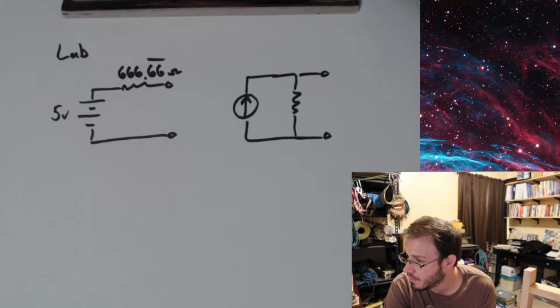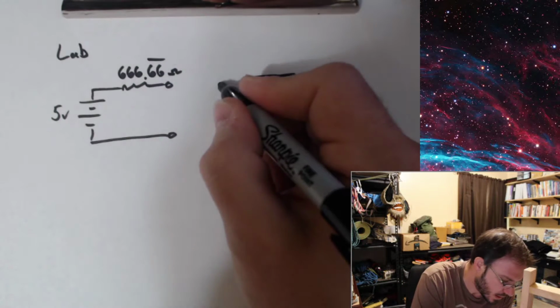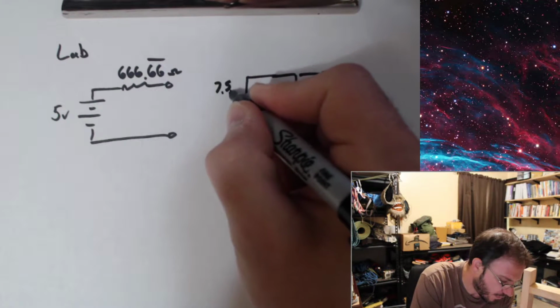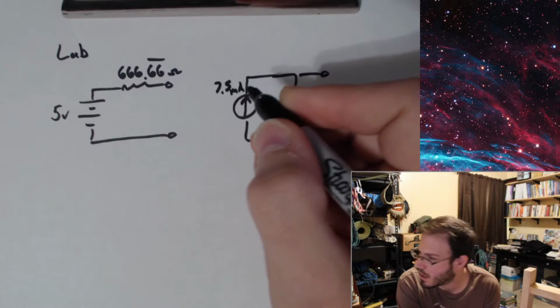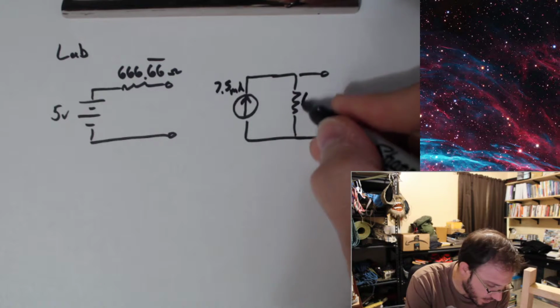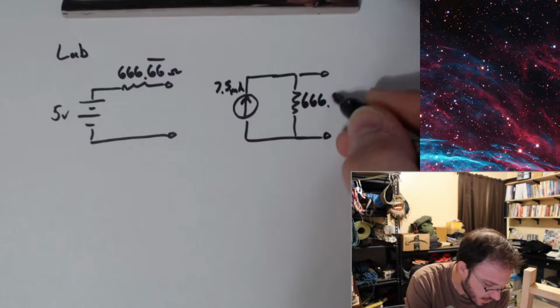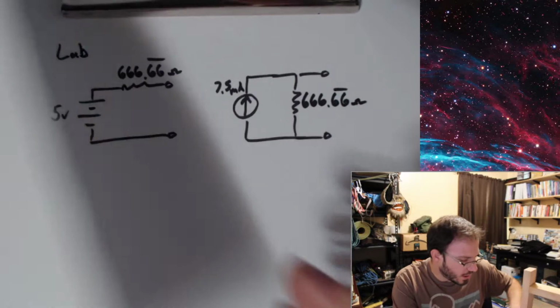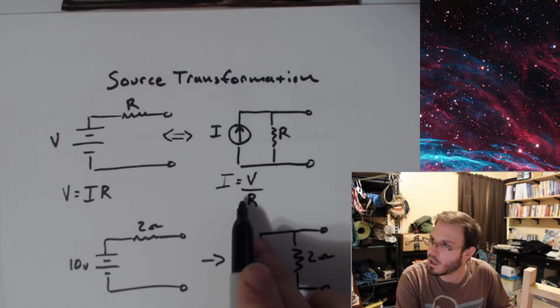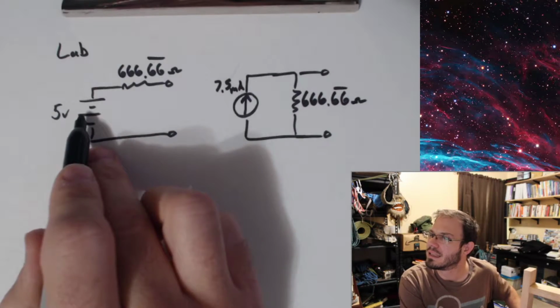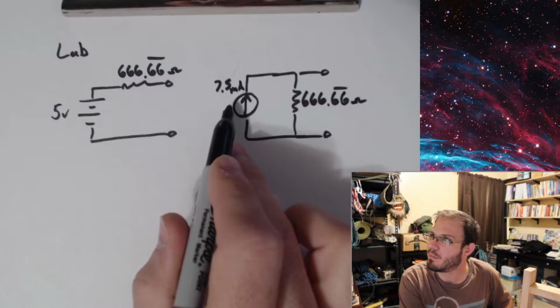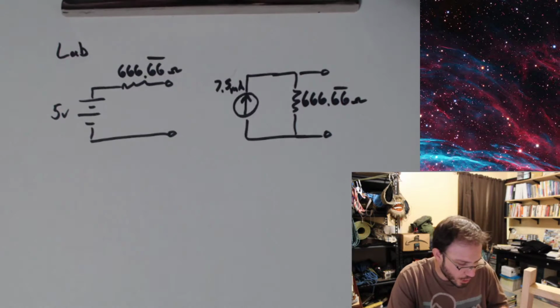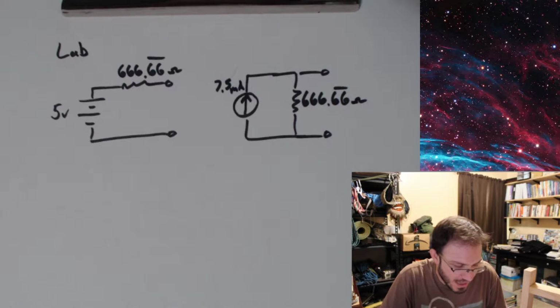7.5 milliamps. Yeah, okay. 7.5 milliamps, and you should have gotten the same resistance. Okay, so going by what I said earlier, we should just be able to apply Ohm's law to this, and we should get 7.5. Is that true? Let's take 5 volts and divide it by